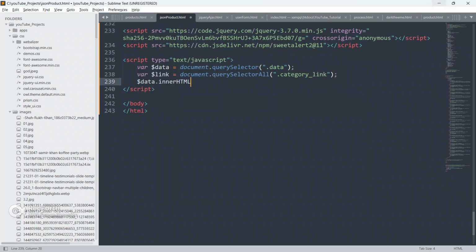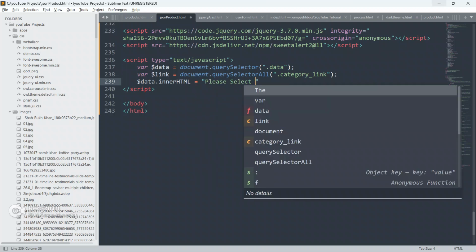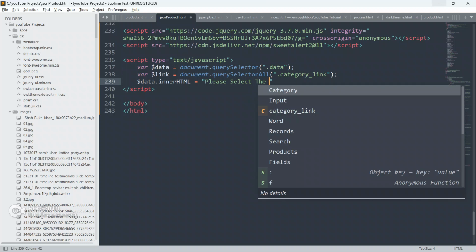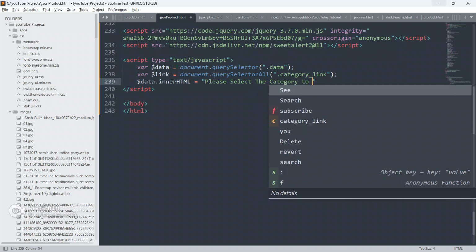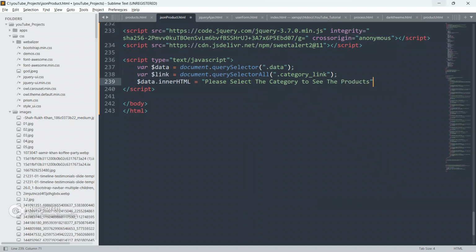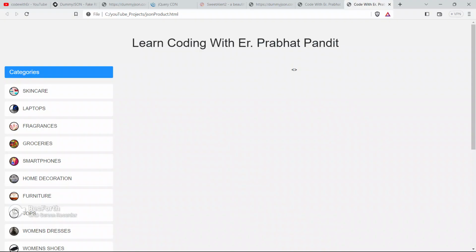and we are gonna write some text: data dot innerHTML, and we write please select the category to see the products. Okay, so let's see, just save your code, go to the browser and refresh your page.